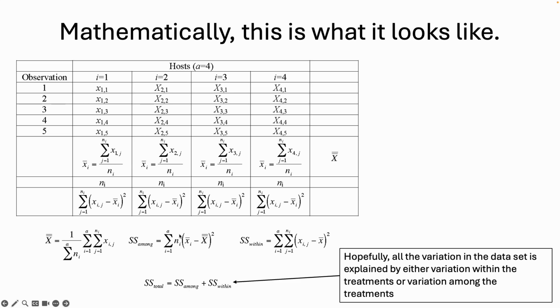correct. The way to do that is to take the grand mean and subtract that from this value, square it. Subtract the grand mean from this value, square it. Grand mean from this value and square it. This minus grand mean, this minus grand mean, this minus grand mean, this minus grand mean, this minus grand mean,